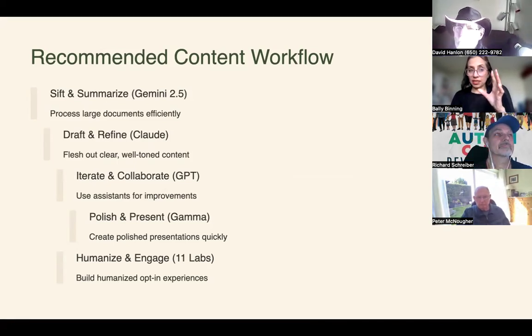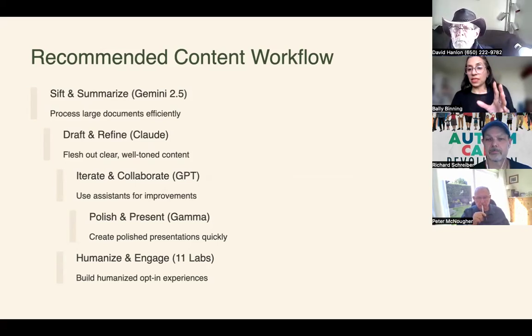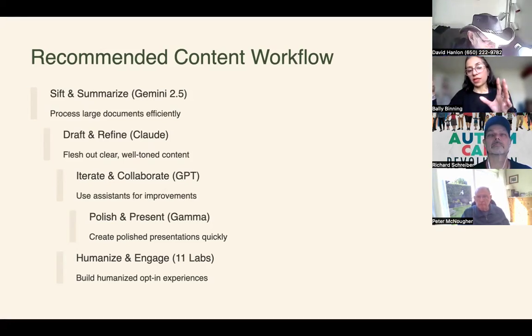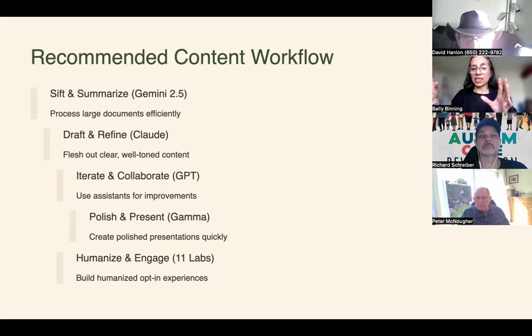And this workflow can be connected with something like make.com. If I had a document, I can run it through Gemini, refine it through Claude, iterate through GPT, present through Gamma, and even get it to 11 Labs if I wanted to. And 11 Labs is the voice.